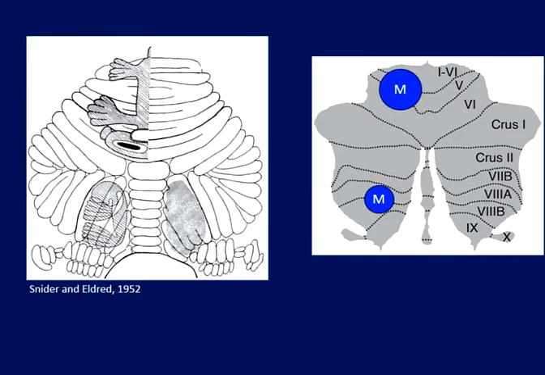The second old idea that I want to review is that there is a double representation of motor function in the cerebellum. We know that from neuroimaging experiments of task processing in motor function, showing this double representation of motor function in the cerebellum engaging lobules 1 through 6, as well as lobule 8 here. This double motor representation was also observed in classical electrical stimulation studies, which is shown here on the left, and even anatomical tracts, motor input and output fibers coming to and from the cerebellum, also follow this distribution of 2